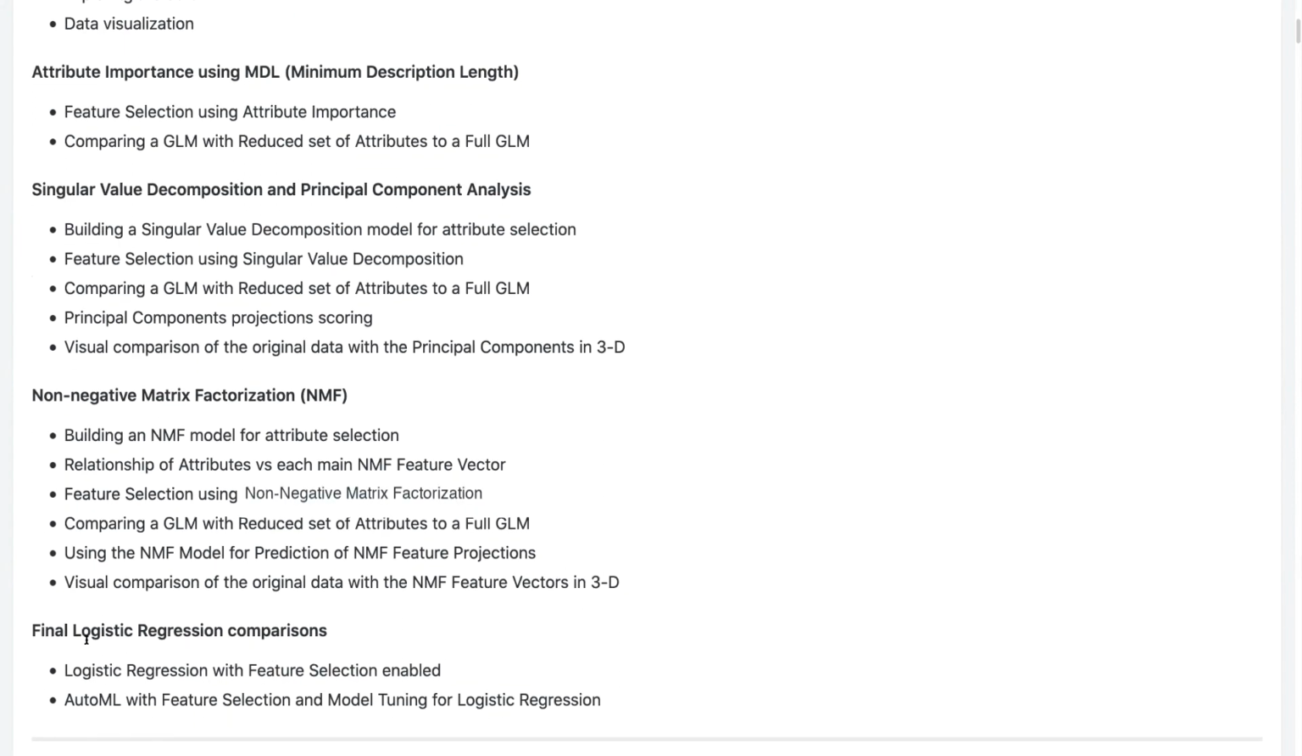And at the end of everything, we're going to take a look at the logistic regression with the feature selection enabled by itself, so it comes with it, right? To see how that fares against our intuition on the other algorithms, and an AutoML as well with feature selection and model tuning for logistic regression. Okay, so